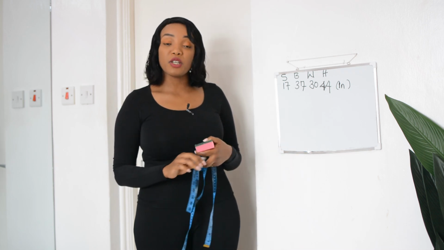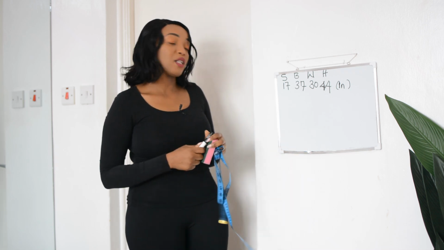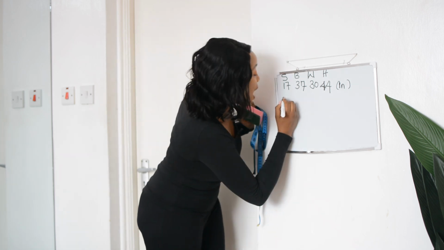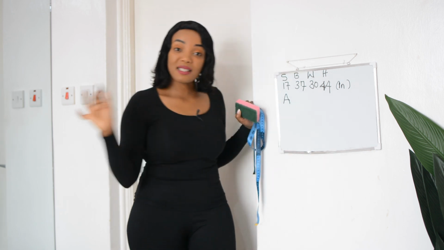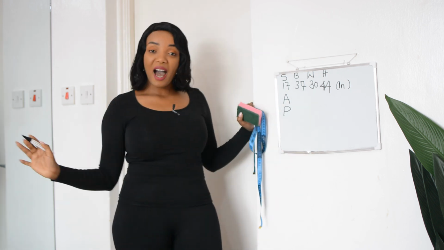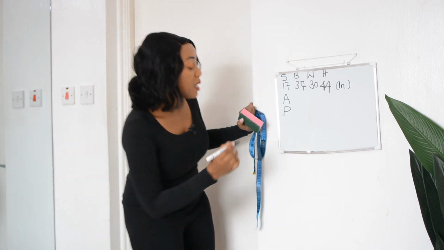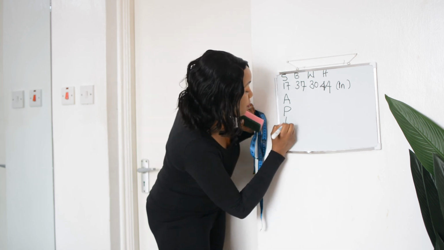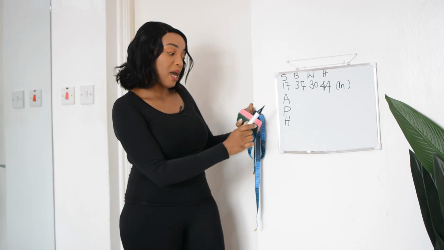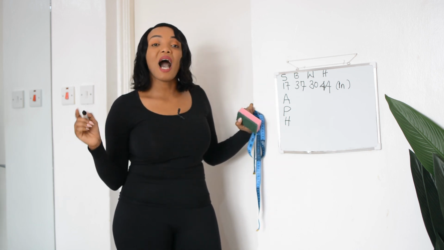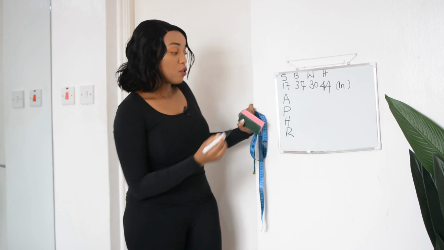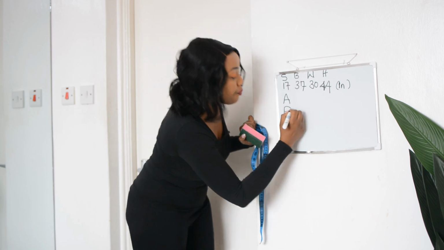And for the different body types, I'm just going to mention that we have the main ones. We're going to be working with the main body types. The first body type will be an apple. The second body type will be a pear. The third body type will be an hourglass. So we have an apple, a pear, an hourglass, and a rectangular body shape, which will be represented by that. So this is apple, pear,